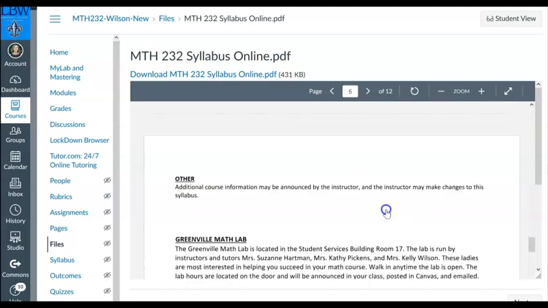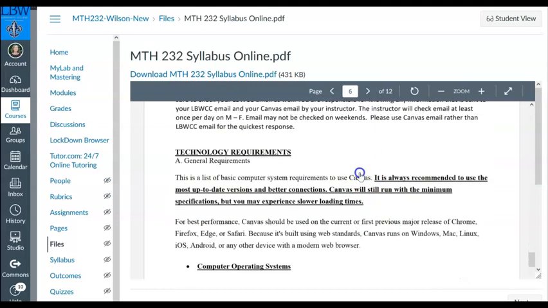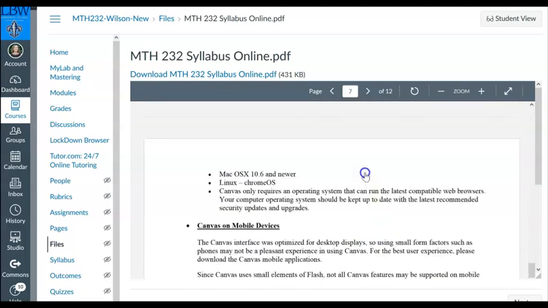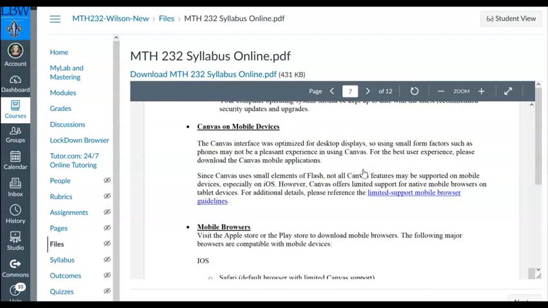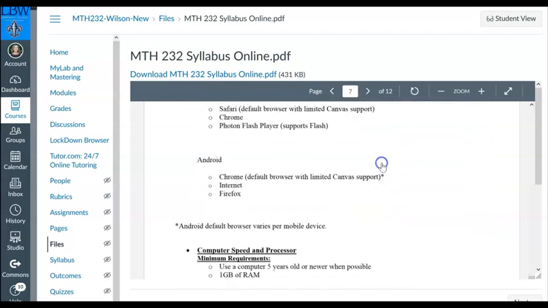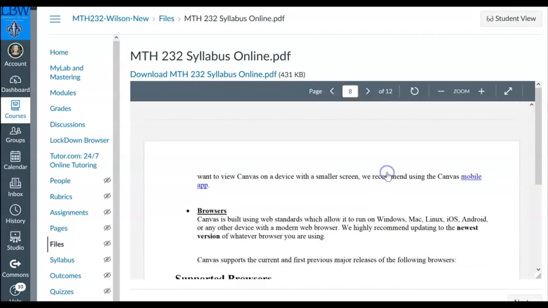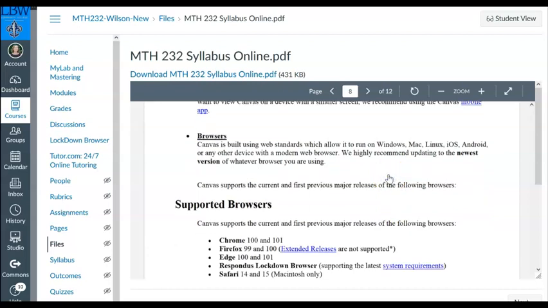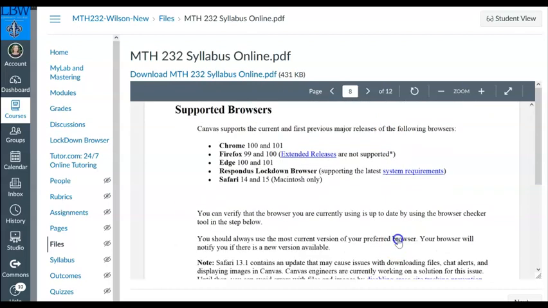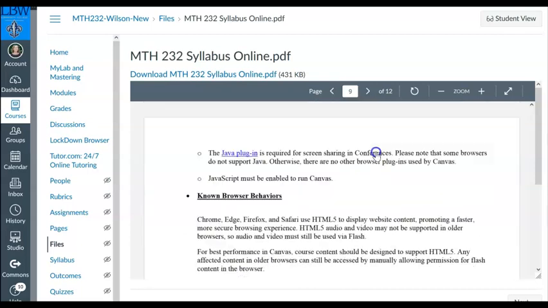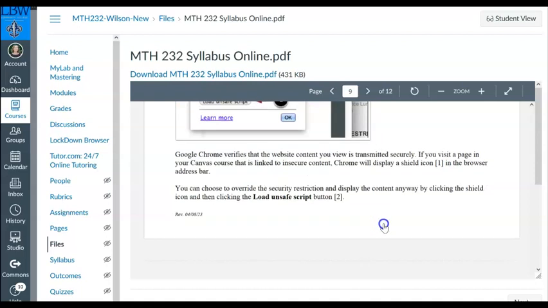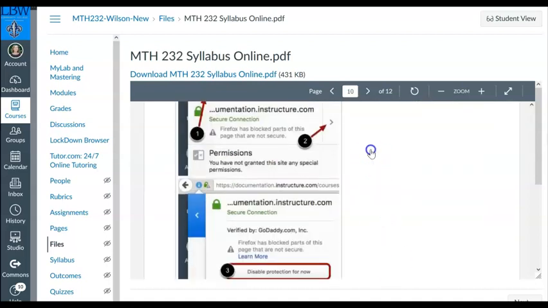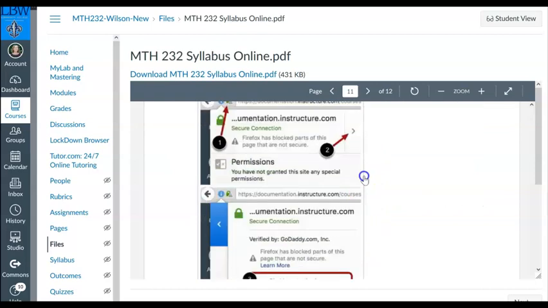What I'm trying to scroll down to is technology requirements. As long as your Canvas is working, don't feel like you need to read all this stuff. But if your Canvas is not working, it's probably something on this list that has not been updated or your computer doesn't meet these standards. If you have trouble with this, let me know, and either I will try to help or get you in touch with somebody that can help you. But I just wanted you to be aware that technology requirements is in your syllabus. Notice it is pages of it, pages. So I'm scrolling until I get to the bottom,